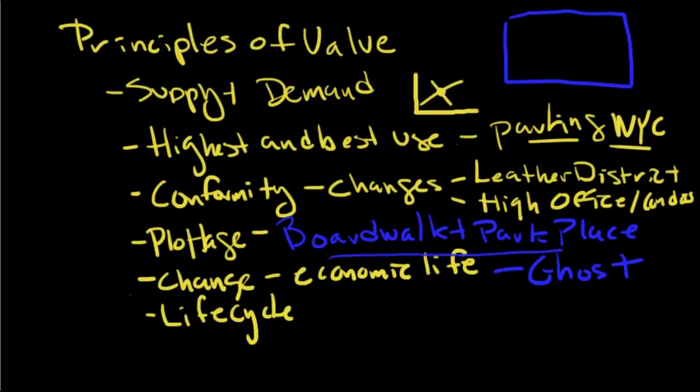And of course, we always come along with that exact same concept when we think about the life cycle of properties. We start off here and we have growth, and then things usually stabilize, and then they start to decline, and then there's some type of revitalization. So there's your typical life cycle of any type of property, any type of economic activity. And of course, real estate is a type of economic activity in and of itself.